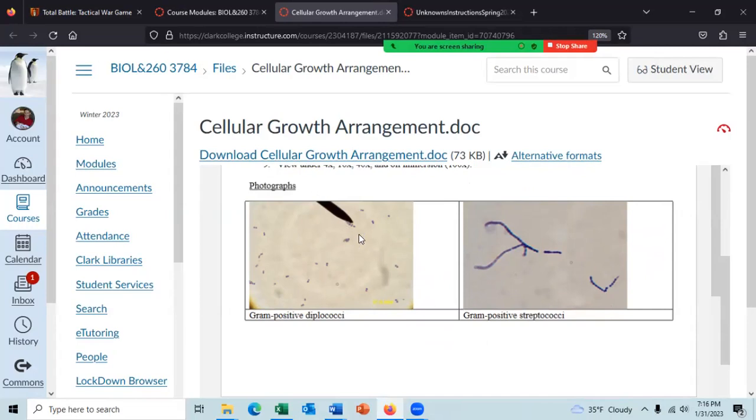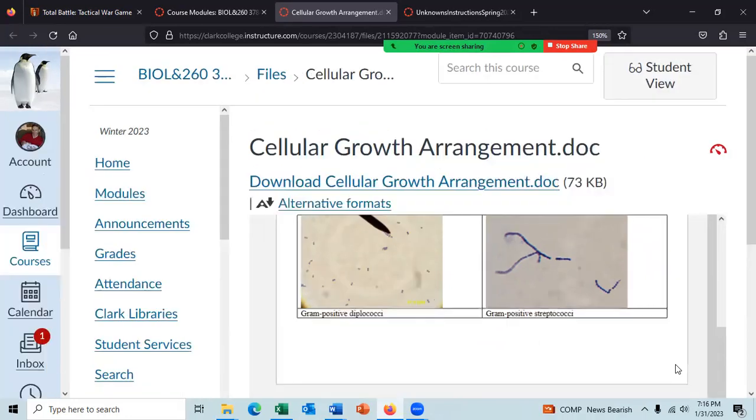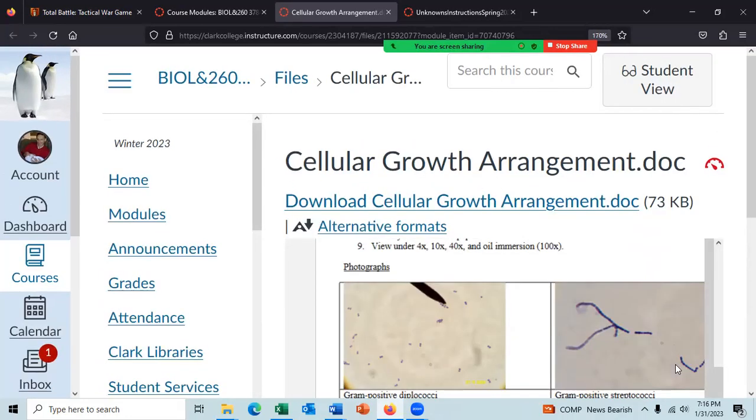So there's that. That doesn't look like a diplococci to me. That looks like a streptococci. There's streptococci. Blow that up. Well, that doesn't look like a diplococci. There's a diplococci right there, and there's another one right there. There's one there too. But where the pointer is, that looks like a streptococci.